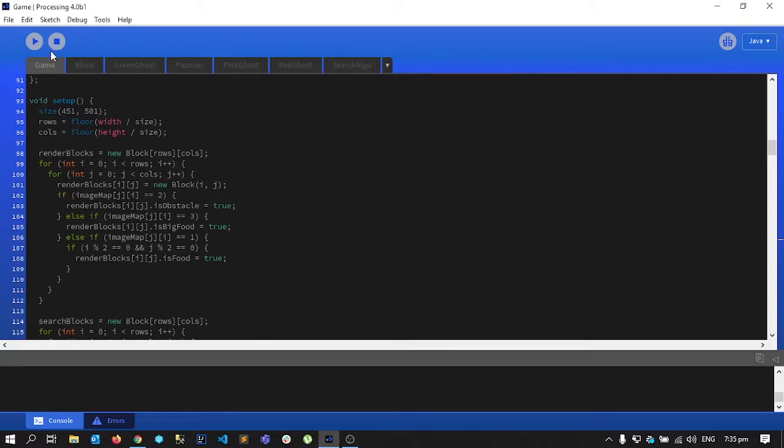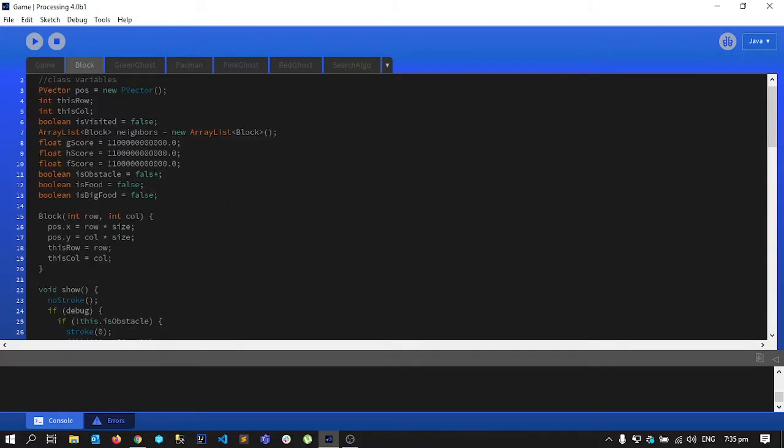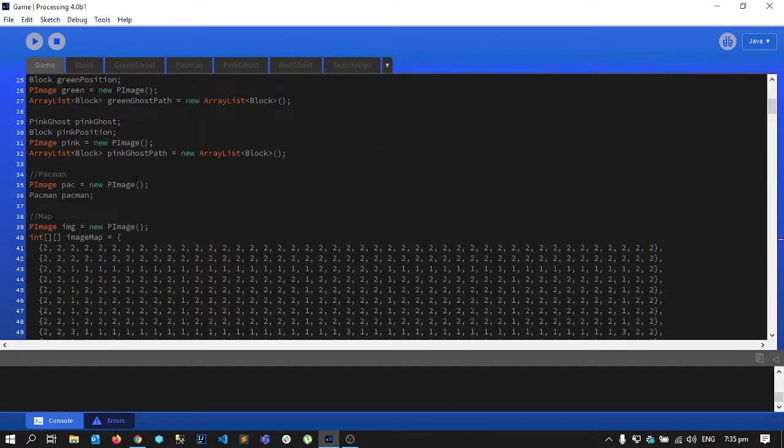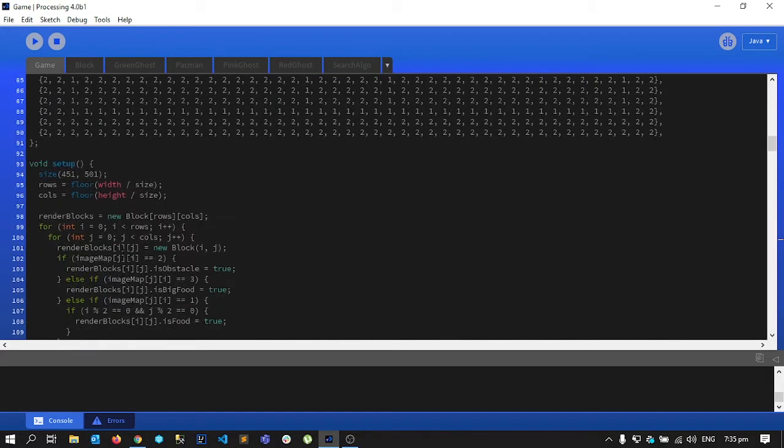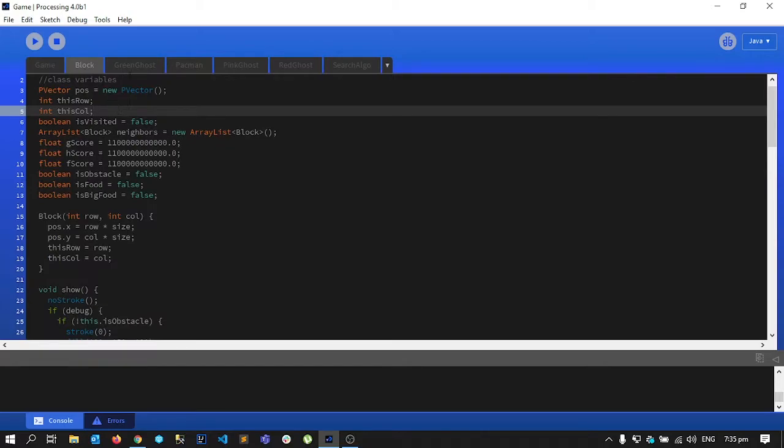That is the first thing that I wanted to say, and to explain much more in detail about those blocks is this Block class. So there are rows and there are columns, and I set them here with this size and the size of my screen. That is the size of my map actually.